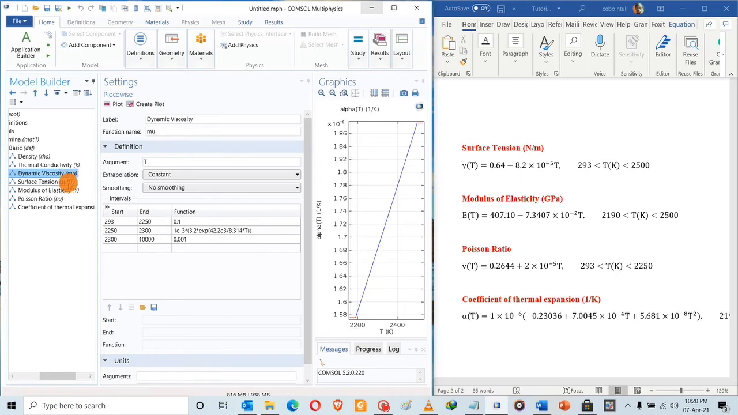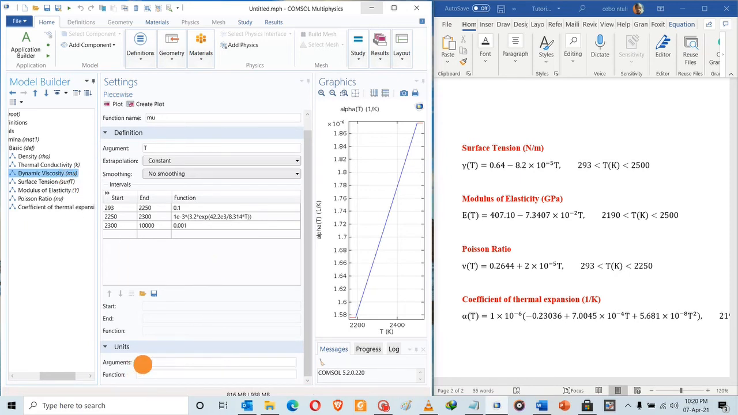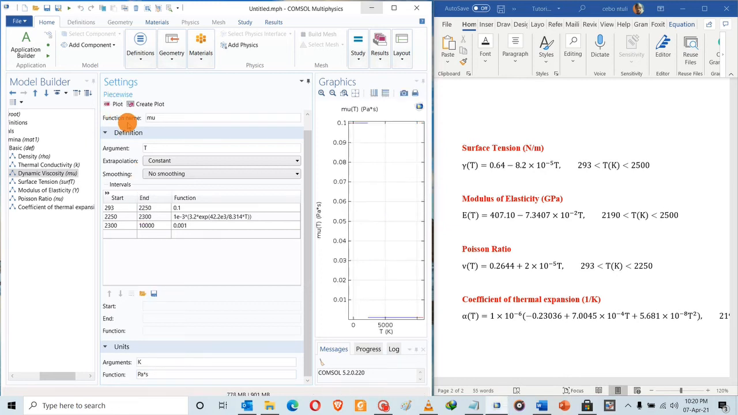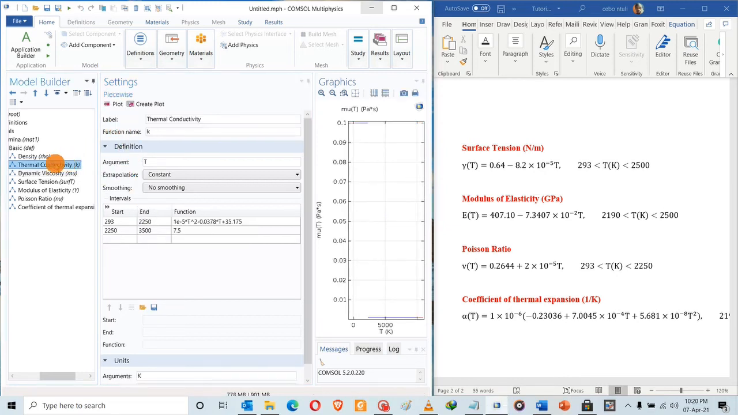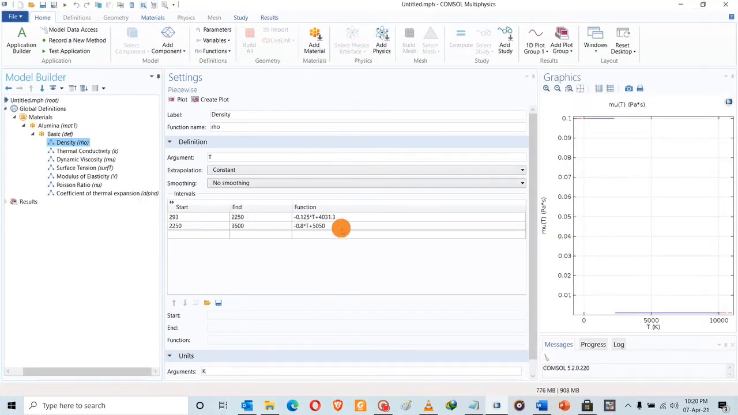Right. We changed something here on dynamic viscosity. I do not remember myself writing this unit here. Okay. So let's maximize this for now. Now